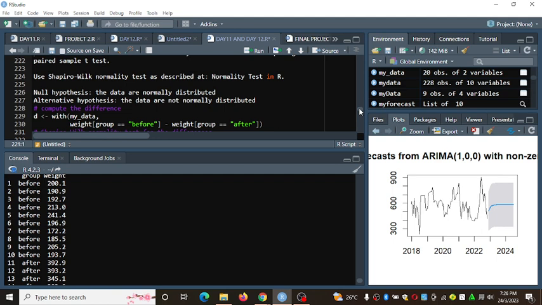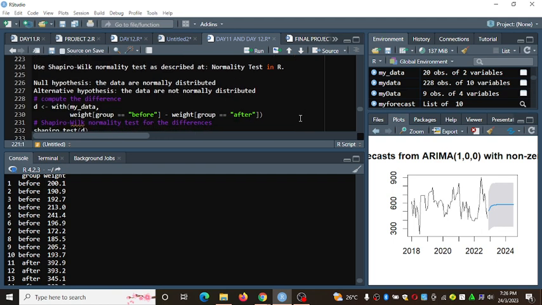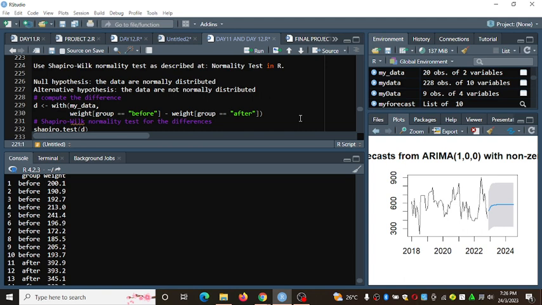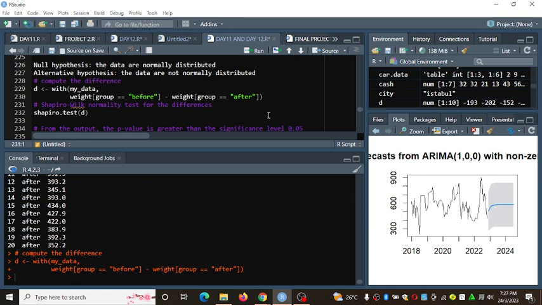And D check, I want to compute the differences in groups before and after. So what I'm doing here, I'm subtracting the first part here from the other one after treatment.